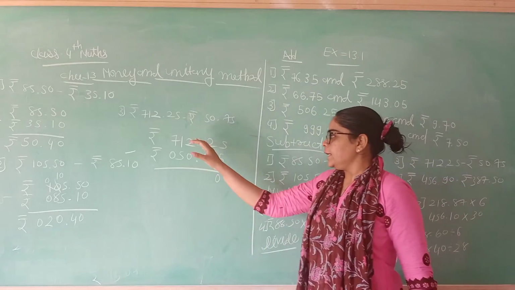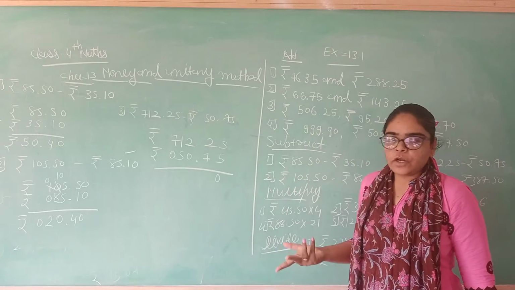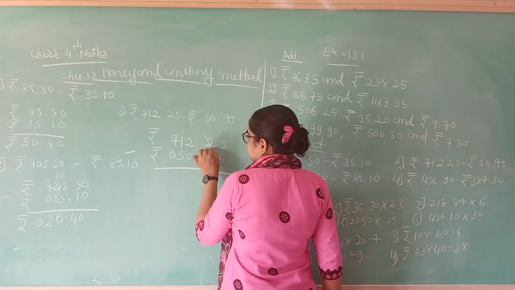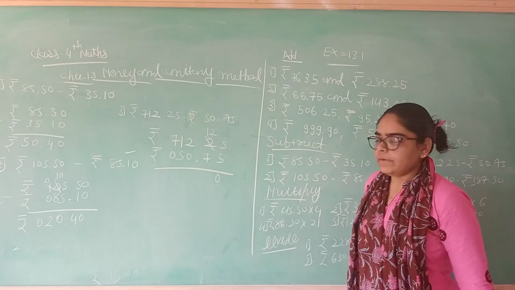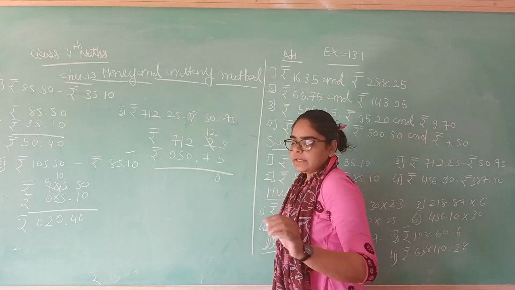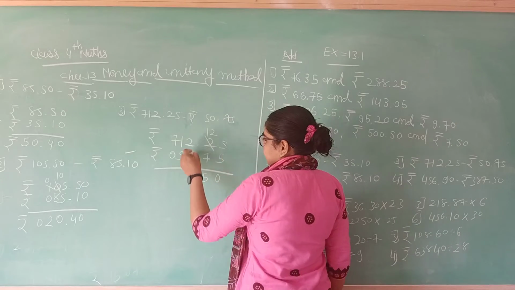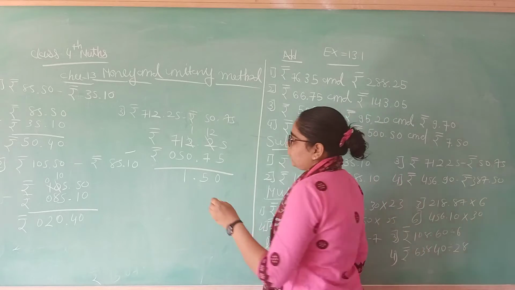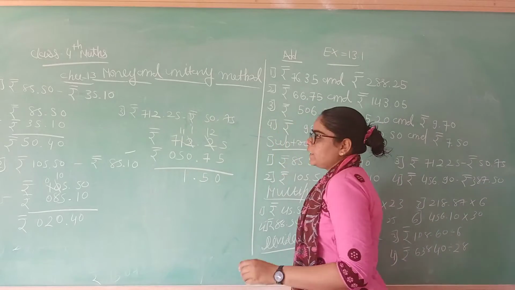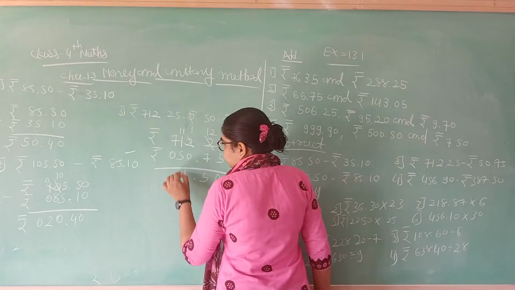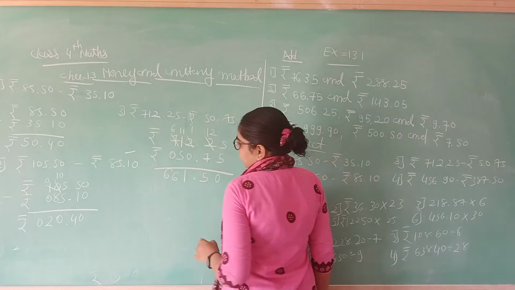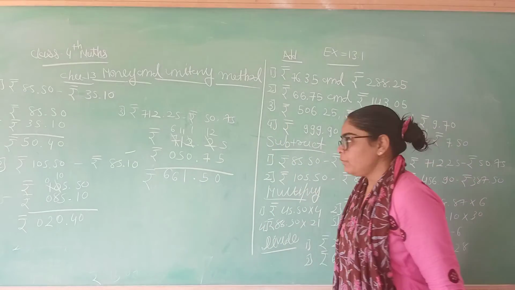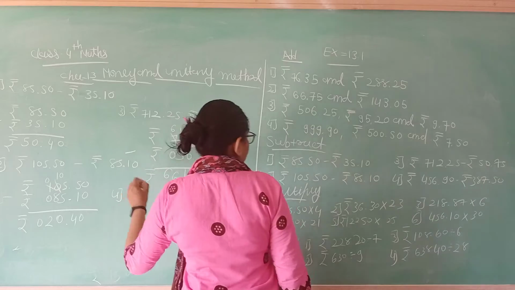My dear students, here 2 out of 7 is not possible, because 2 is the smaller number and 7 is the bigger number. Then cancel 2 and write here 12. 12 out of 7, the remaining number is 5. Then after that put here a point, here 1. Again 1 out of 5 is not possible, so 11 out of 5, the remaining number is 6. Then 7 is cancelled, 6 here and here 6. Your answer is 661.50. Okay, then next, the fourth one.